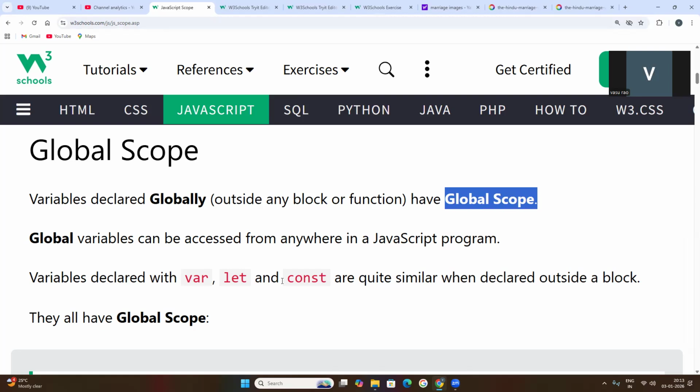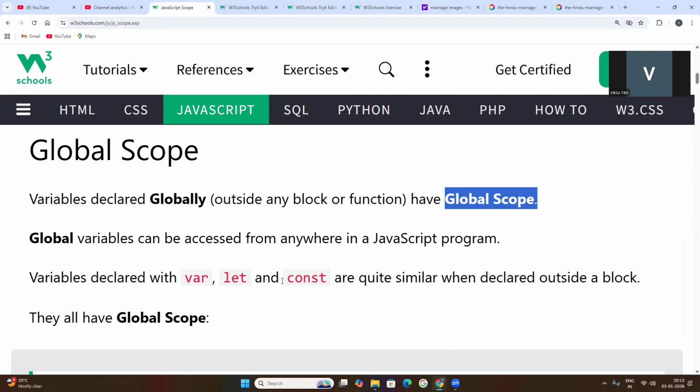Global variables can be accessed from anywhere in a JavaScript program because they are declared outside of the function.